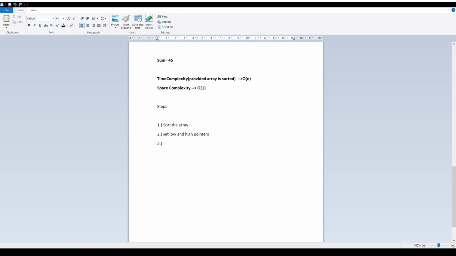If the sum is found, then return. If low plus high, I should be writing array here, basically if our input is array, I'll quickly write the code as well so we'll see there as well.